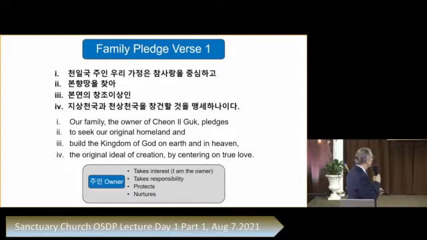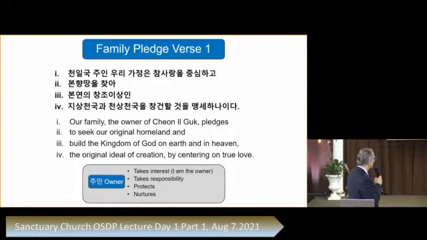And this is 우리 주인. 주인 means owner, okay? And owner, what does the owner do? It takes an interest for one thing. You're not an owner unless you have an interest in something. If you don't care about something, you can't say that you're the owner. They're taking responsibility and protecting and nurturing whatever it is that you are owning. So 천유국 주인 우리 가정은, 가정 is family. So our family, the owner of 천유국. So then already we see that our family takes an interest in 천유국, takes responsibility for 천유국, protects 천유국,